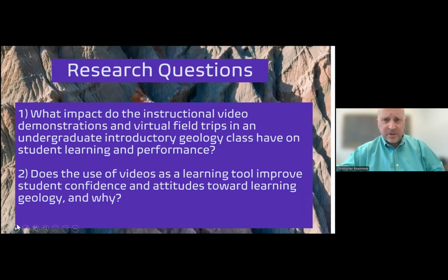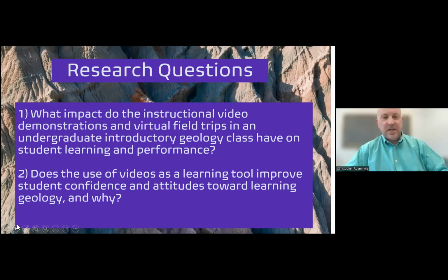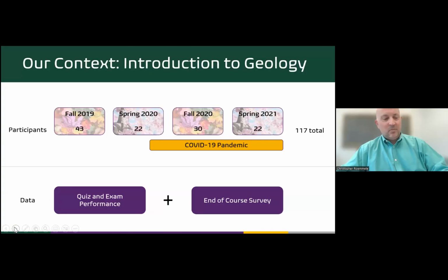Our research questions were: what was the impact of the video demonstrations and the field trips on student learning and performance in an undergraduate introductory geology class, and does it improve student confidence and attitudes toward learning geology, and why the videos? And so our context in terms of collecting data